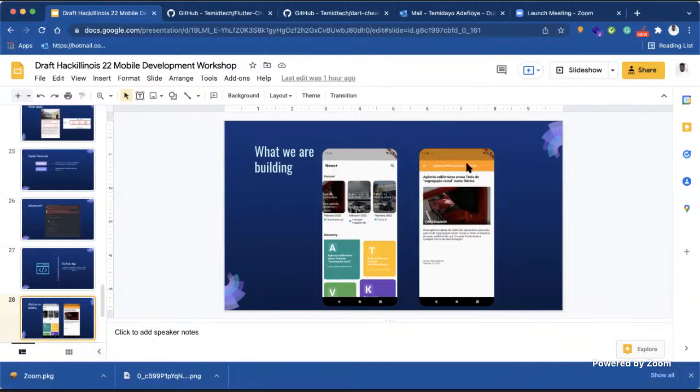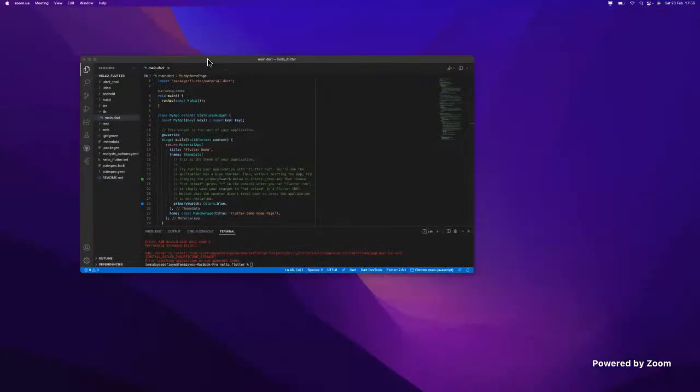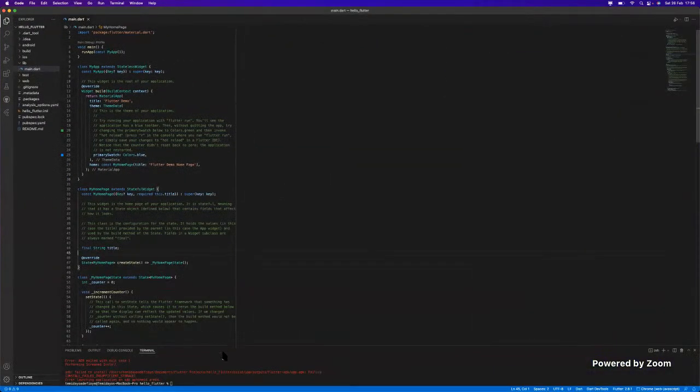Please to let me know when you can see my screen. Okay. Let me start off with share. Can anybody here see my screen now? Yeah, we can see the code. Okay,